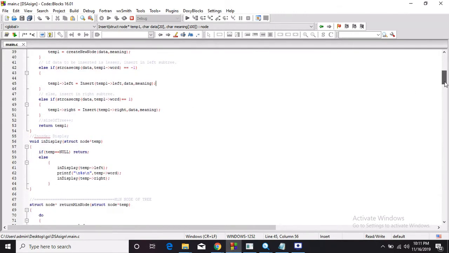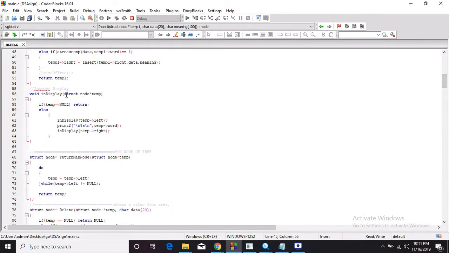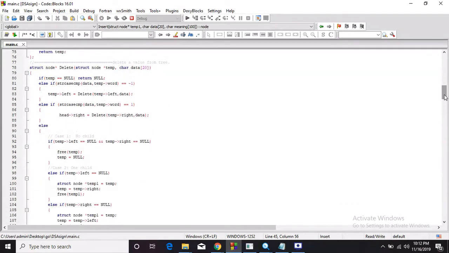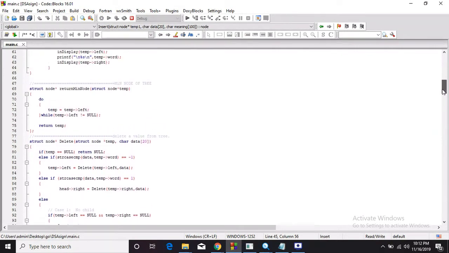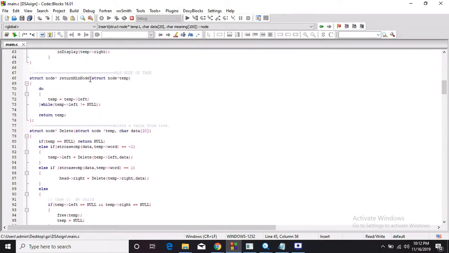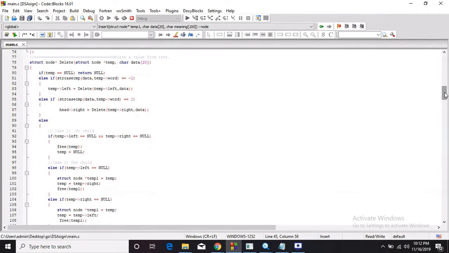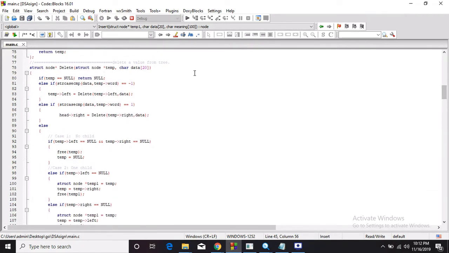To display all the elements which we have stored in the dictionary, we use this display function. Then there is delete and return minimum node. Return minimum node is just like the in-order successor, and the delete function is used to remove any node. But we are not actually using it in our program. It is just for the internal use of the code.